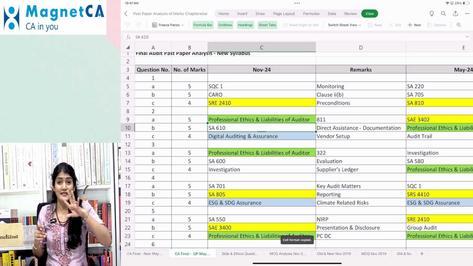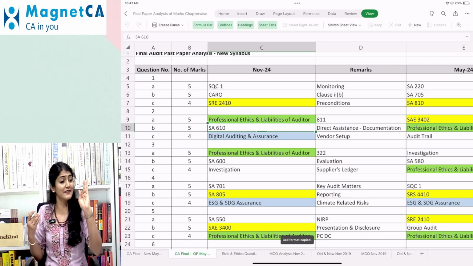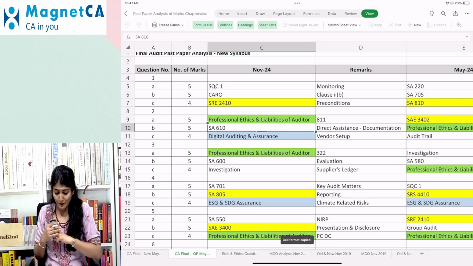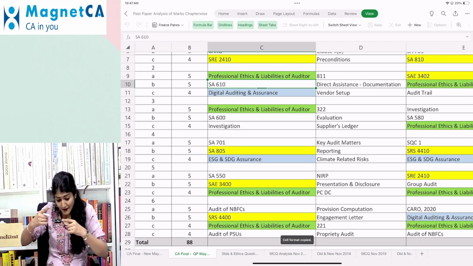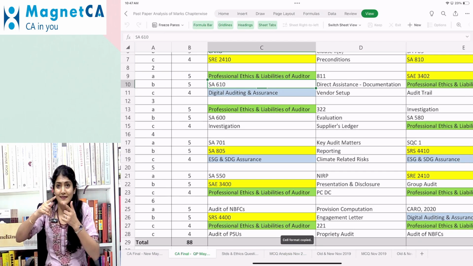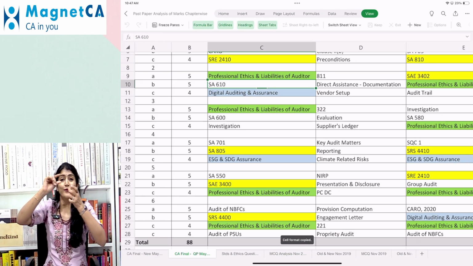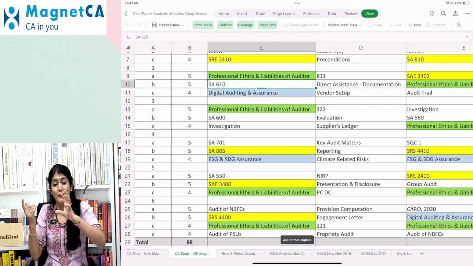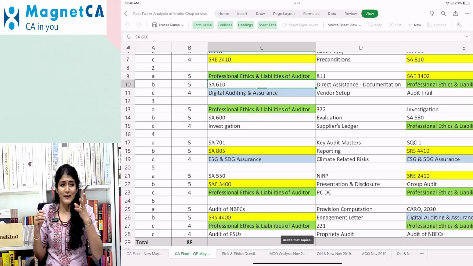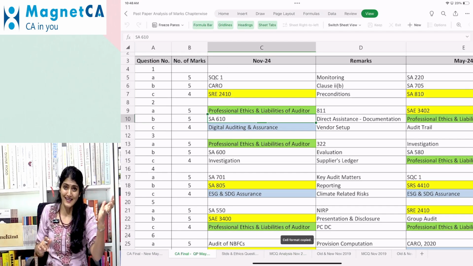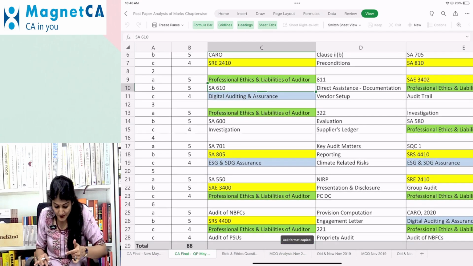Okay, those 10 new standards which have been reintroduced, right? The 800 series, the 2,400, 3,400, and the 4,400 series, right? So we see around one question is coming from each, say at least one question from the 800 series, from 2,400 and 2410 one question, 3,000 series one question, and 4,400 one question. Right, so more or less, we have seen that from those 10 standards, out of the 46 standards applicable for your exam, you see that 4 questions have been asked.